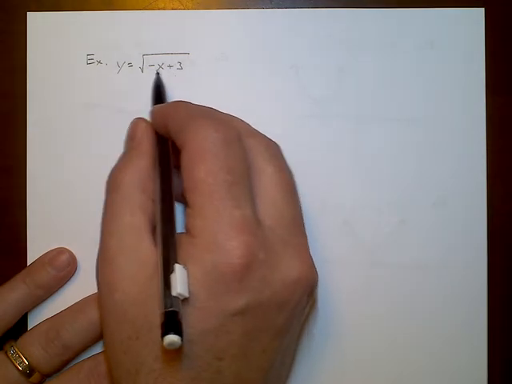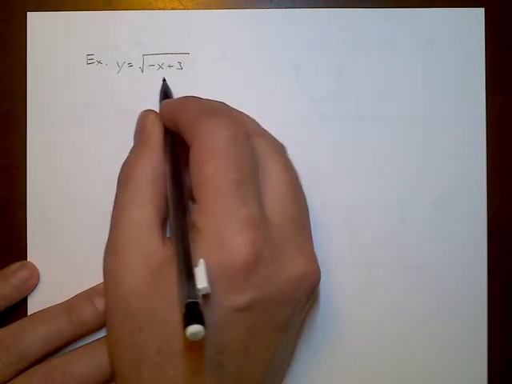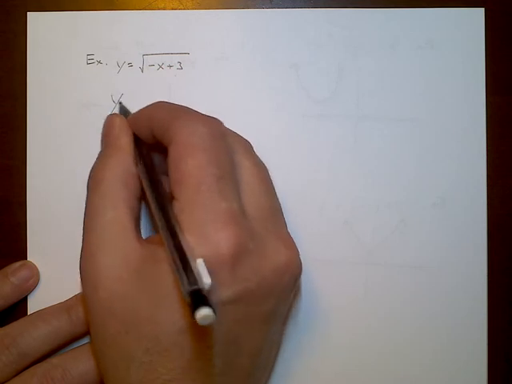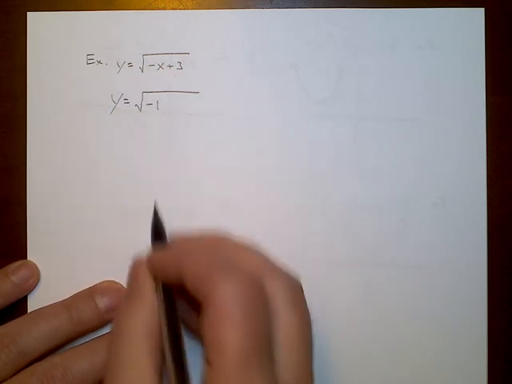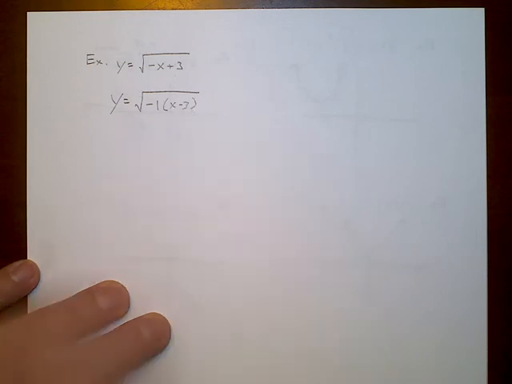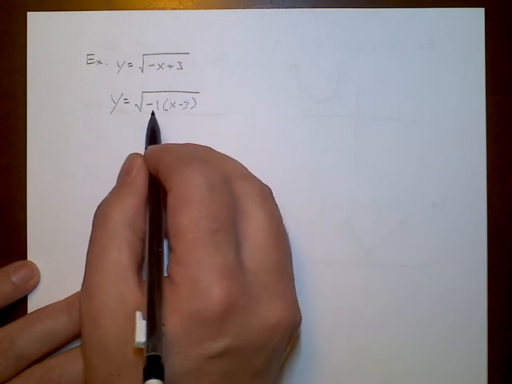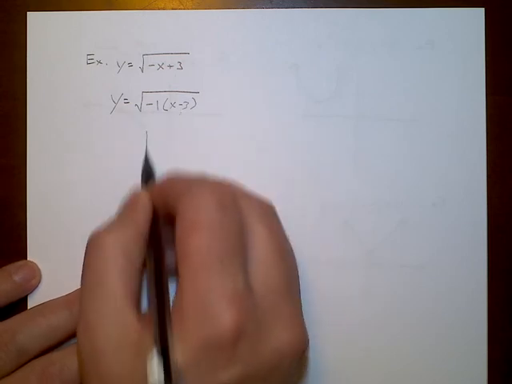However, when you have two things going on inside of the function, you have to think of it this way. Take that negative 1 and factor that out first, so it's going to be negative 1 times x minus 3. So this graph actually is going to reflect over the y-axis, but it's going to move to the right 3. So when you graph this,